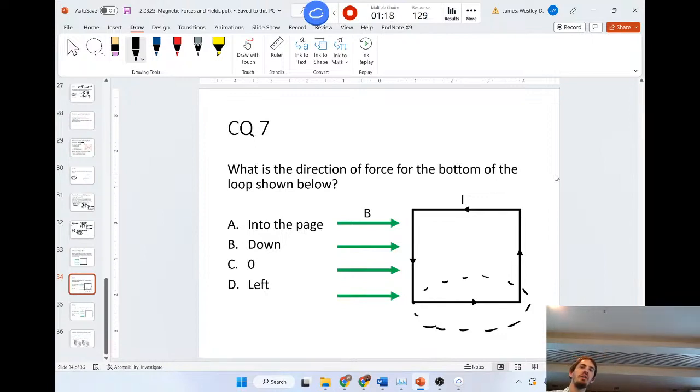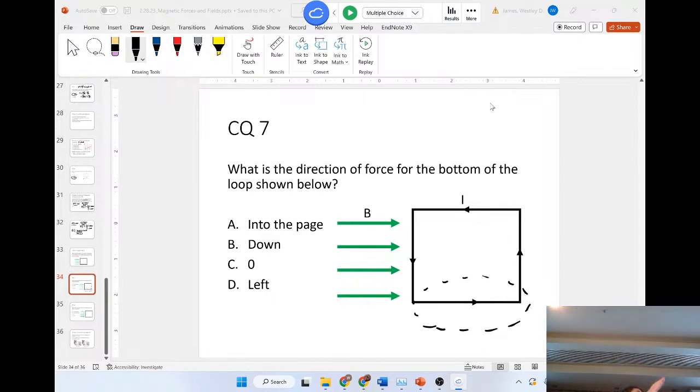All right, we'll go to 135. And 5, 4, 3, 2, 1. All